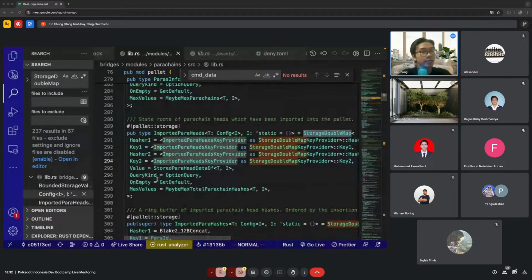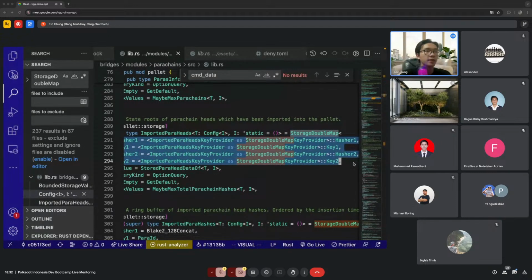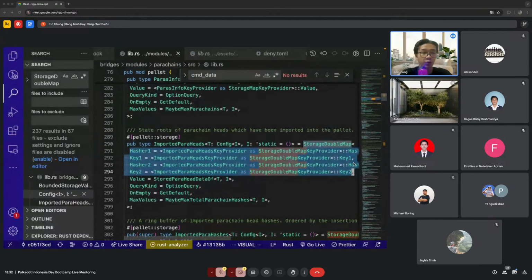You cannot define key 3 here. For the storage double map, the storage API is easier to use compared to the storage nmap. So if you only need two keys for your entry, maybe prefer using the storage double map instead of the storage nmap.